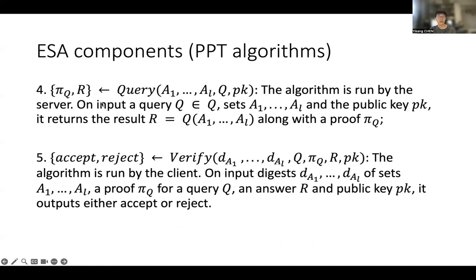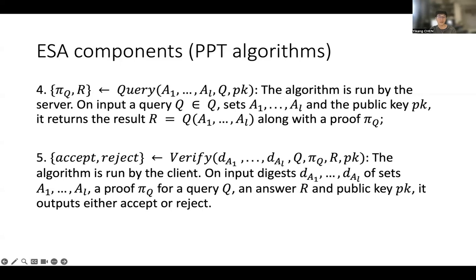Once the server receives a query Q, sets A1 to AL, and the public key PK, it returns the result R and also the proof pi_Q. The final step is run by the client to verify the proof, to check its correctness.